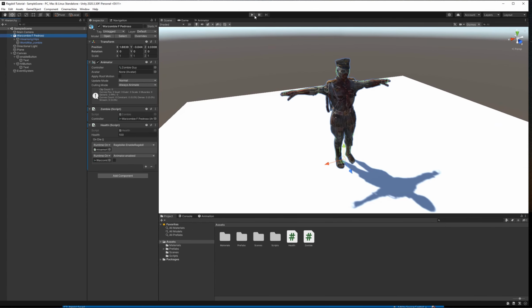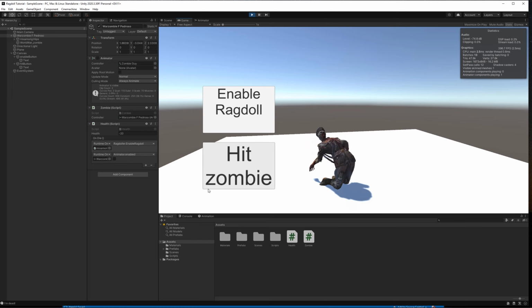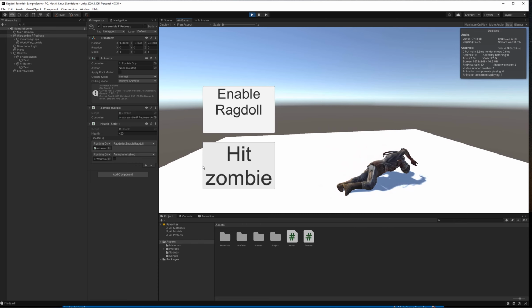So let's press play, save, and then press play. And we will watch that as we press this hit zombie button, his health will go down by 40. Perfect. Down by 40 again. And now he's going to die, and the ragdoll should enable. Oh my goodness, that's beautiful. Okay. So that's perfect. He's already dead. He's already had his ragdoll enabled, but